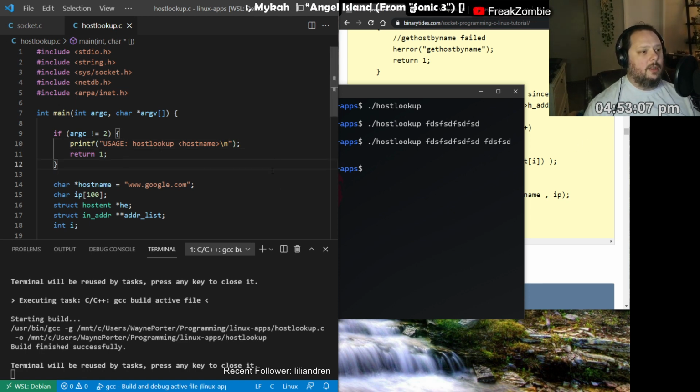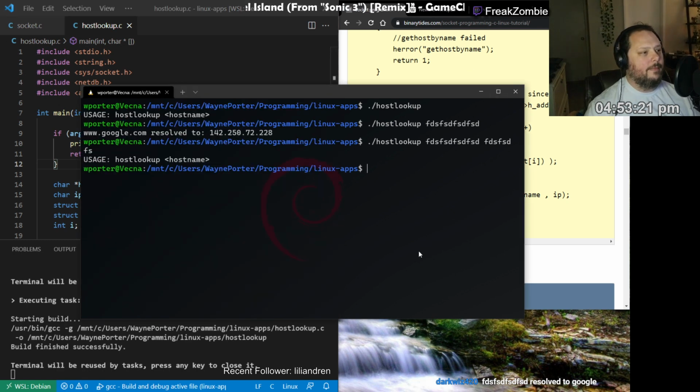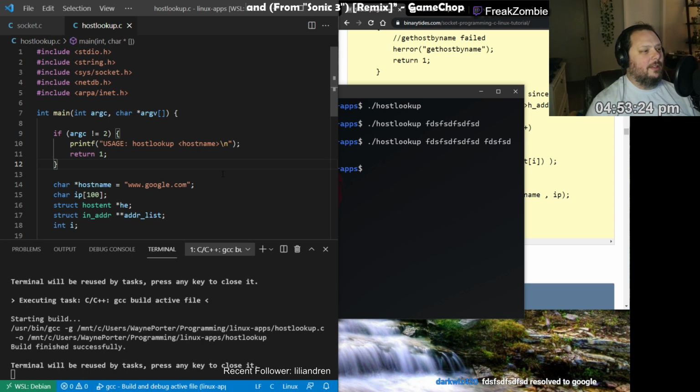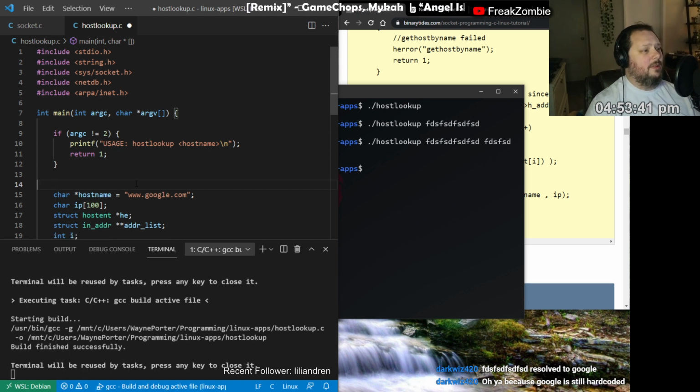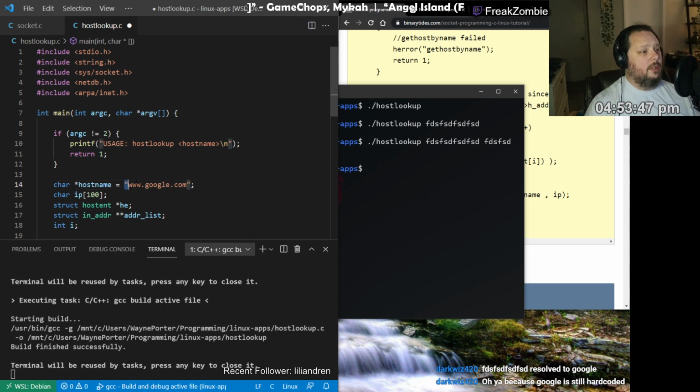So we just need to check to see that argument 2, or in this case, the second argument, is going to have to resolve to Google. All right, so, okay, and what this does is it short circuits it. It doesn't do anything else if I hit that. So now, do we just set the host name to, I mean, yeah, why not, right? Host name is